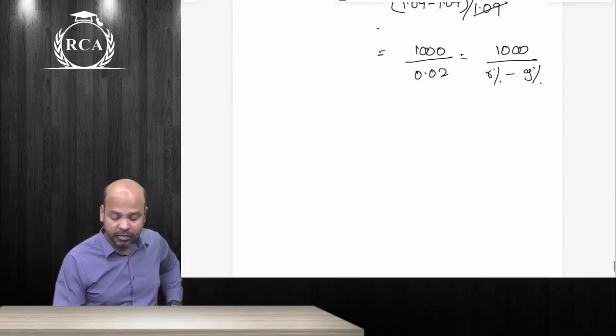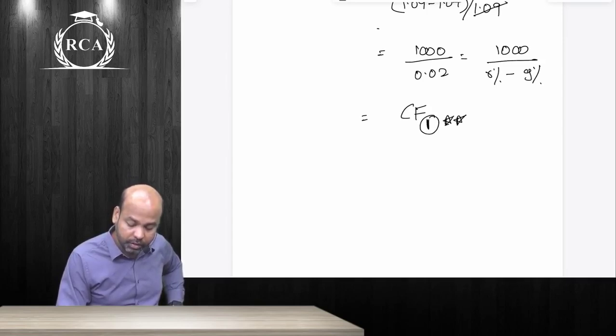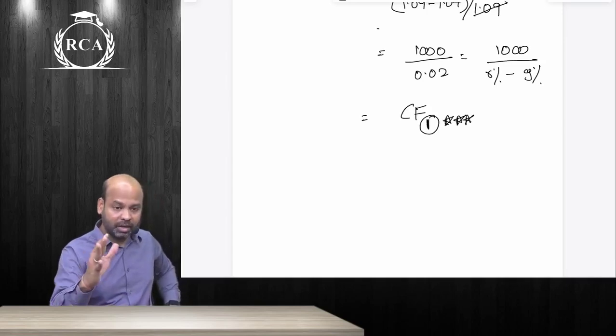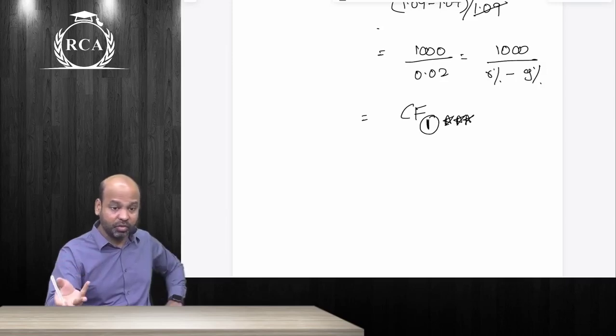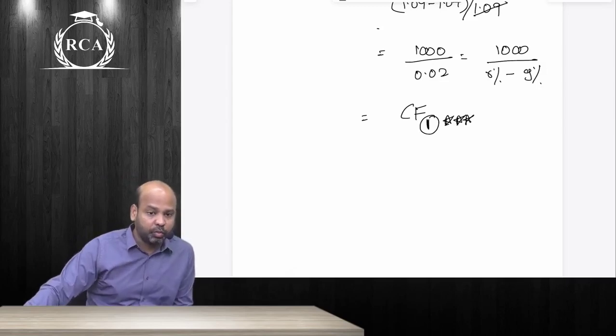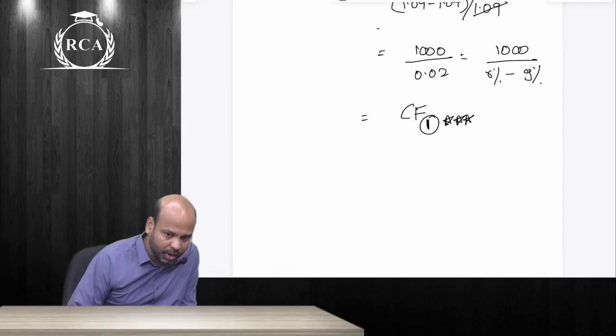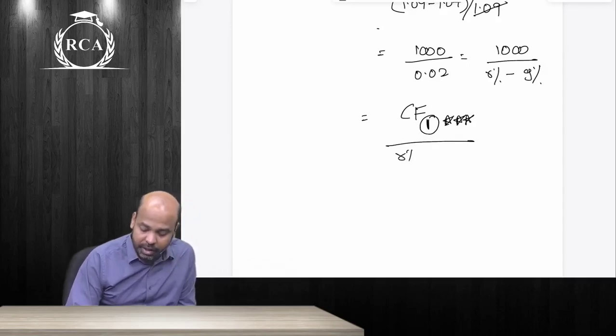Therefore, the present value of constant growth perpetuity, guys, is cash flow of year 1. Most important: in constant perpetuity, it does not matter whether you write CF1, CF2, CF3, because cash flow is remaining constant. Here 1000 rupees is not cash flow of year 2 or year 3. It is only cash flow of year 1 divided by r percent minus g percent.